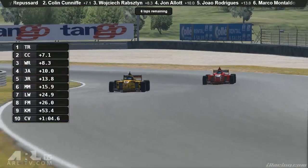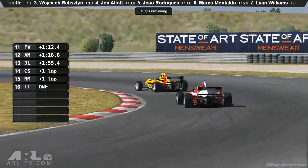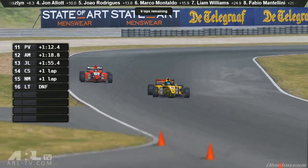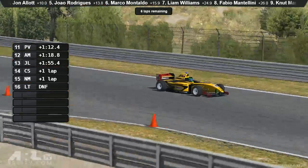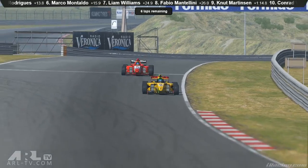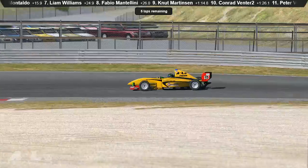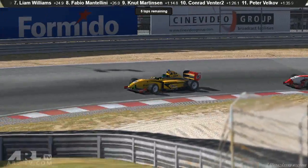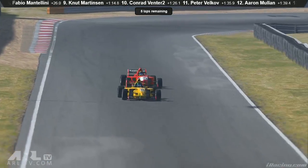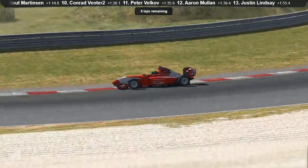Could be mistaken though. But this battle here between Fabio Mantilini and Liam Williams is getting very close. Yeah, it's just cooled off between the 2nd and 3rd and 4th position. So I think, as you said, Williams is what we're going to be watching now for the next couple of laps, as Mantilini has already closed a fair chunk of time in this lap since we've been with him. He gets a much better exit coming out the chicane there as well, so he's going to be close coming onto the front straight. And again, we'll see if there's much of a draft effect for him looking to get